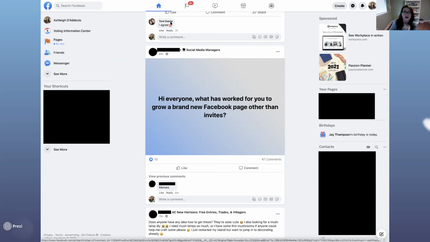But this group that I'm in is a closed group, and the majority of groups that you join will probably be closed because that's kind of the point, right? You want to be part of something. And when the group is closed, you can't share their posts to your main newsfeed for your friends to see, but you will see their posts in your newsfeed.